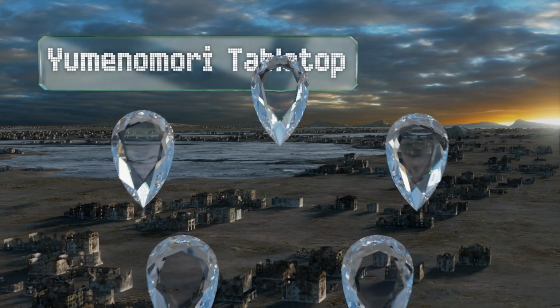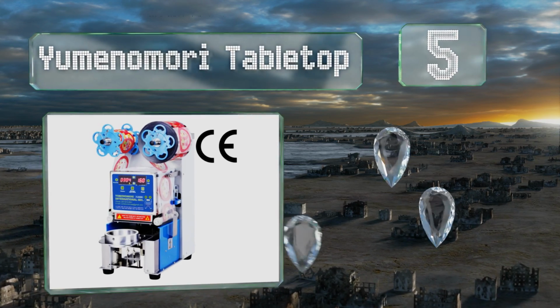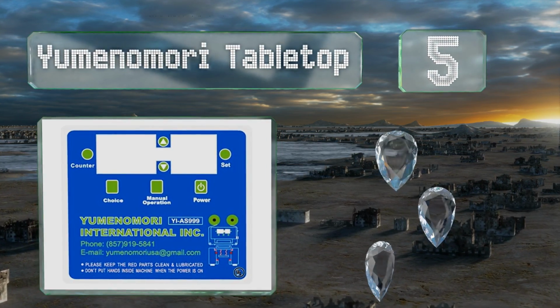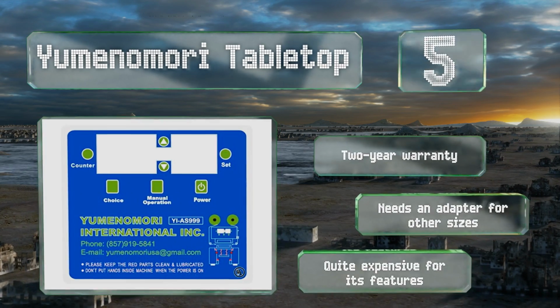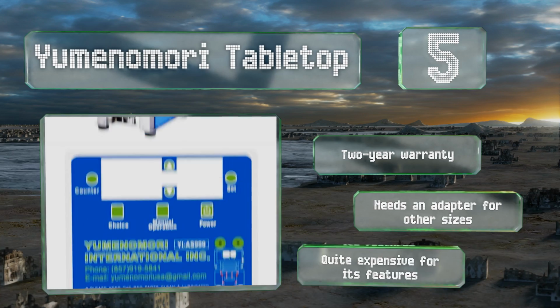Starting off our list at number 5. You won't have to switch out film very often thanks to the large capacity of the yumenomori tabletop, which comes ready to work with 95mm containers in a range of materials. So if you're still testing out different suppliers, you'll be covered. It's backed by a 2-year warranty, but it does need an adapter for other sizes, and it's quite expensive given